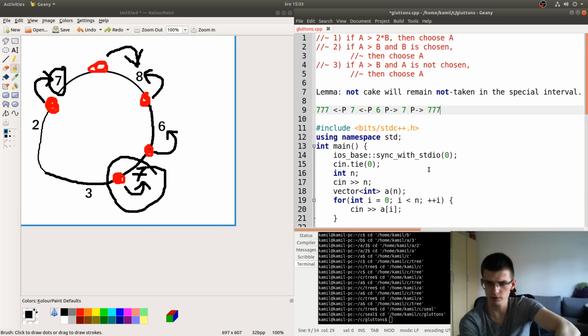One thing that I also want to tell you, but we will not do that here, is that if you consider multiple ideas like that, of course, you can just implement something and submit your solution, but if you see a wrong answer, then you don't know if you made a mistake in your implementation or the idea is wrong, so I don't recommend that. The other way to deal with that is what we do now: try to guess some lemma and prove it, or find a counter test, and in this process you also understand a lot more about the problem.